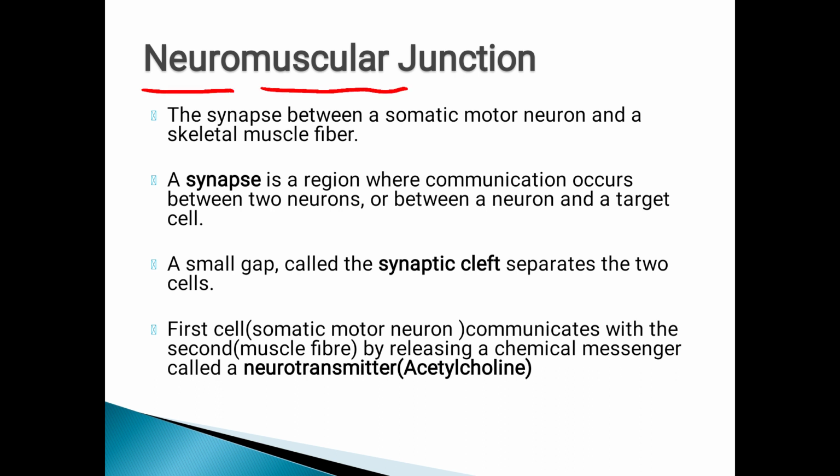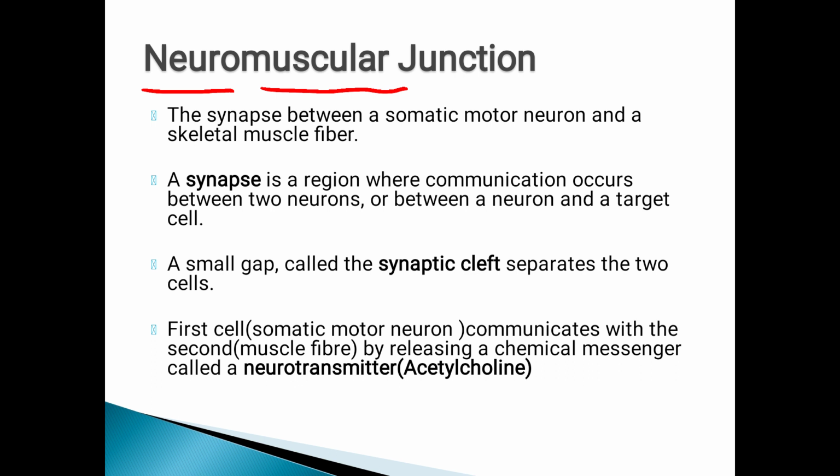We have already seen the components of skeletal muscle fiber, that is muscle, we have a connective tissue, then we have a blood supply, then we have nerves that are supplying that muscle fiber. So we have seen the components of muscle fibers like actin filament, then myosin, then Z line, then we have seen the sarcomere, H zone, A and I band. We have already covered that in our previous class. So we'll see now the next part in organization, that is neuromuscular junction.